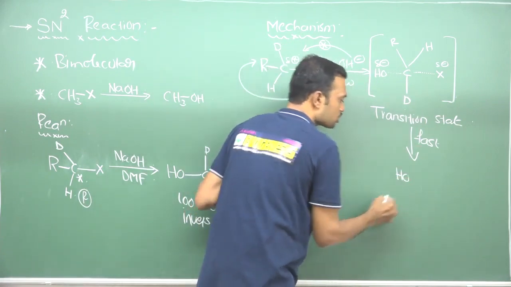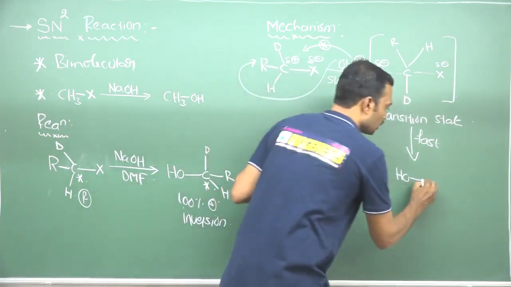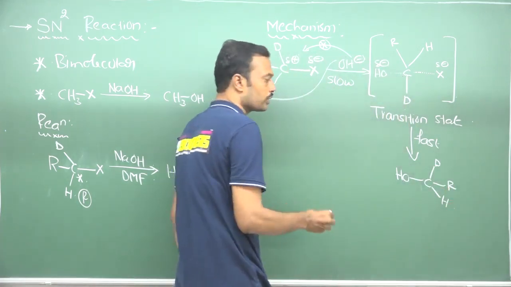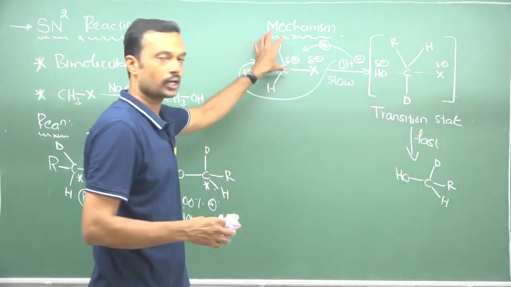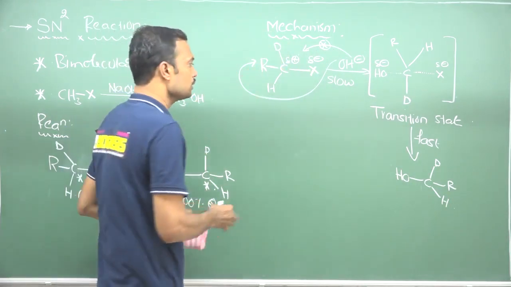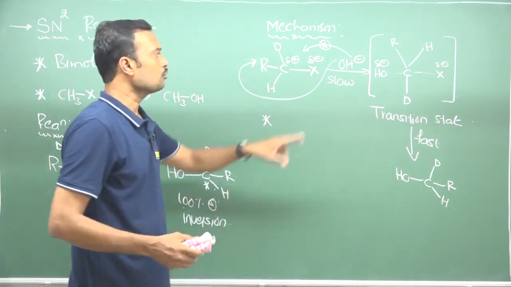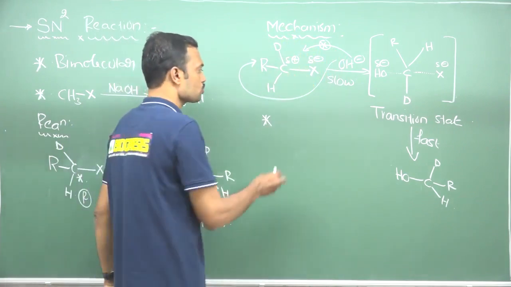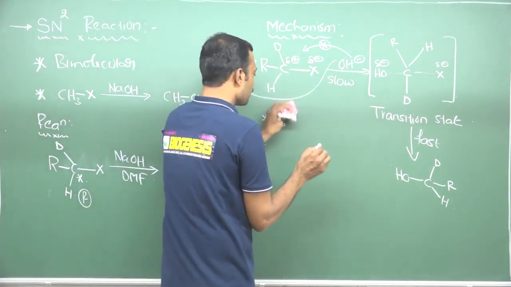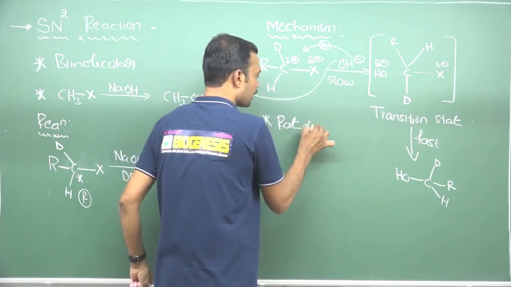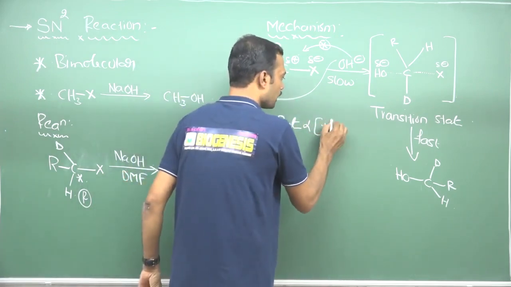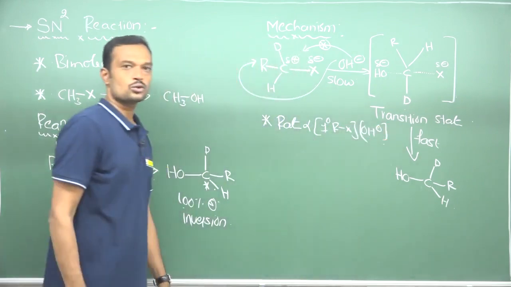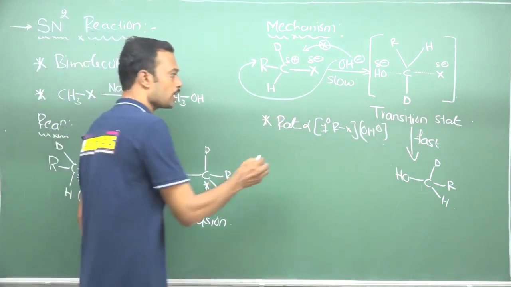So, finally, hydroxide will attack from the side opposite to the existing leaving group. Now, this is R, here this is deuterium and here hydrogen. It will give exactly the opposite stereochemistry to what exists on the halogen molecule. Finally, this reagent is involved in the slow step. This is not observed in SN1 reaction, it is observed only in SN2 reaction. So, finally, we can say the rate of reaction is directly proportional to the alkyl halide we are using, a primary alkyl halide, and our reagent is also involved here. The reagent is sodium hydroxide or potassium hydroxide.